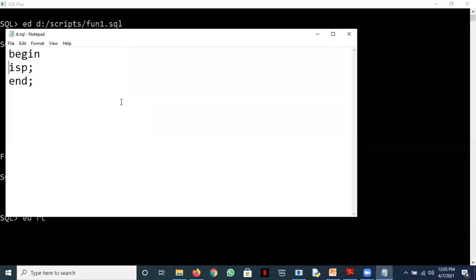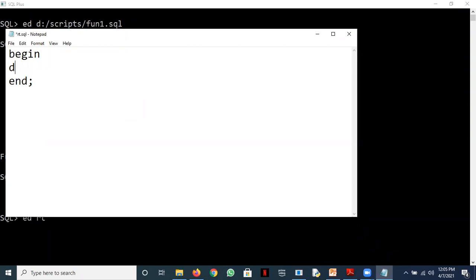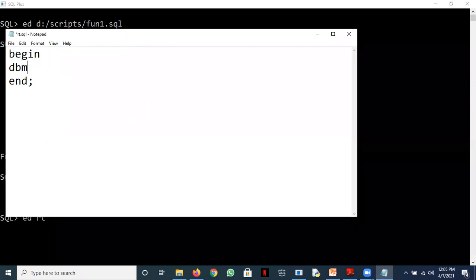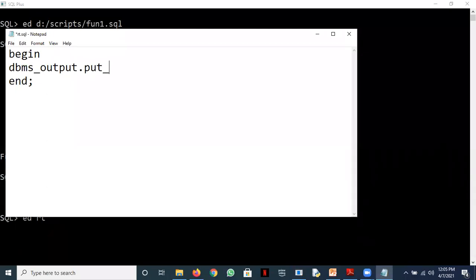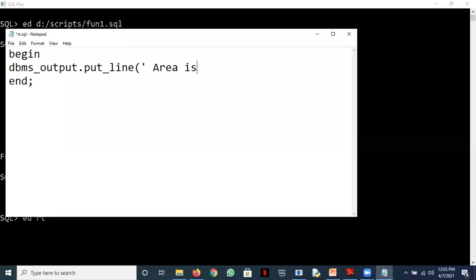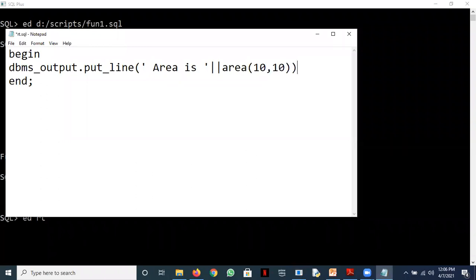Yeah. And here what I can do is I can simply print whatever this function returns. I'll call it like this, then I'll pipe it with this function. I'm passing 10 comma 10.